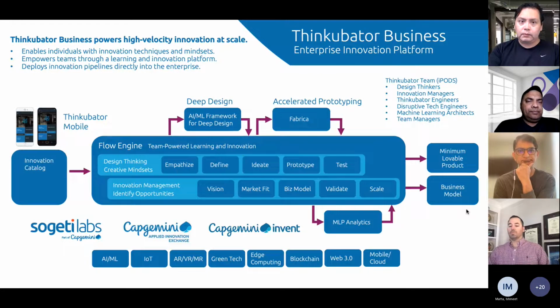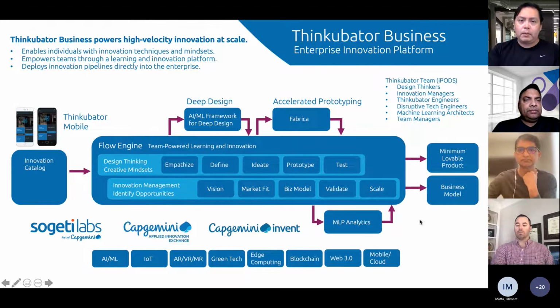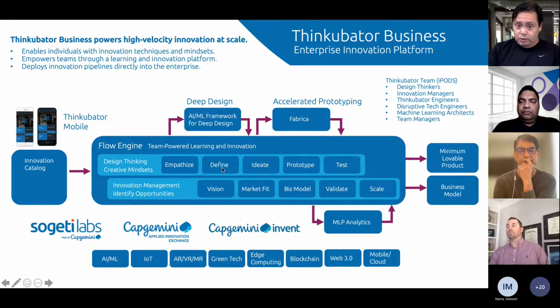And so here's an overview of the Thinkubator platform. As you can see here, we have the AI ML framework for deep design, which we show in context of the flow of how it interacts with the design thinking flow. So as you are beginning to look at a concept and doing some initial immersion and research, and then you're trying to arrive at a point of view where you define what the concept is, this is where you get the framework to help you get those insights